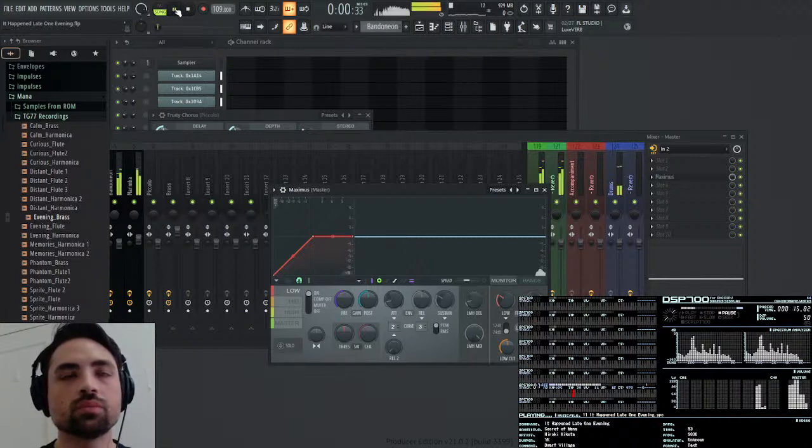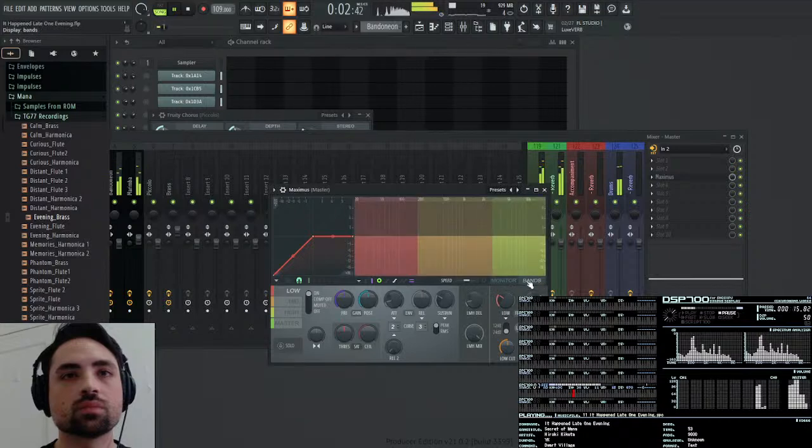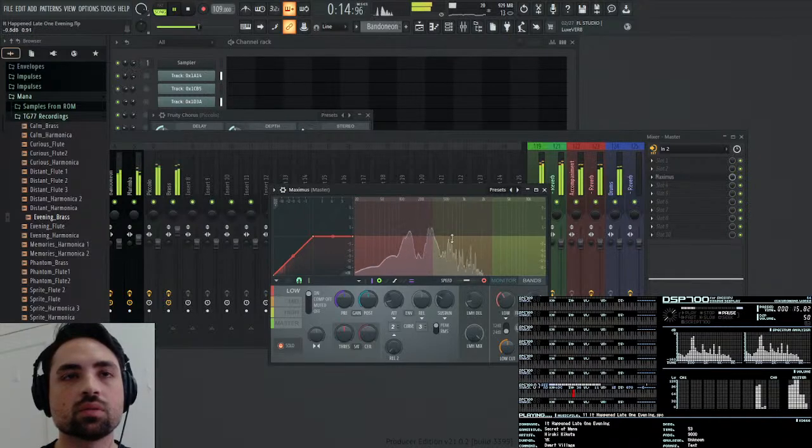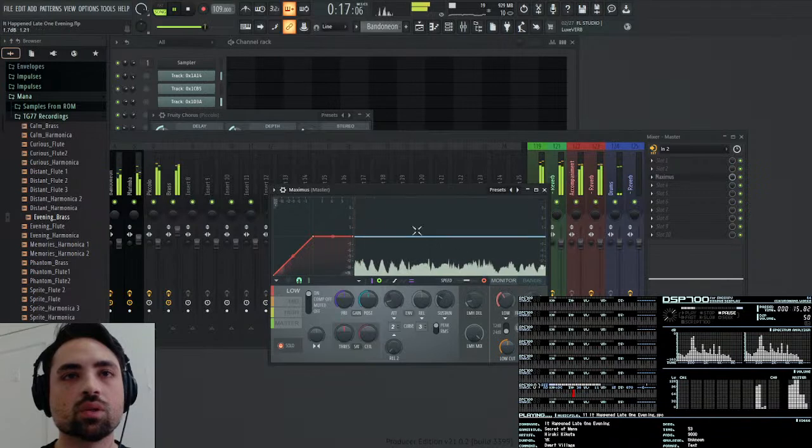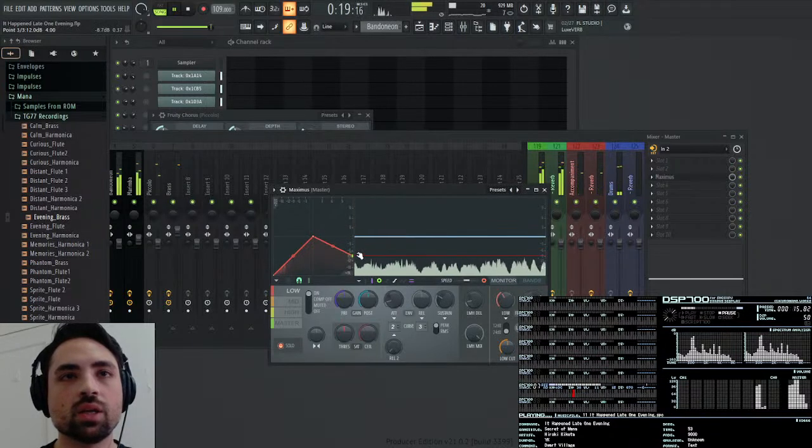So I want to catch this bass. So we want to catch this marimba for the bass band. And so now we want to catch the bass. We want to compress the band a bit, compress the bass.